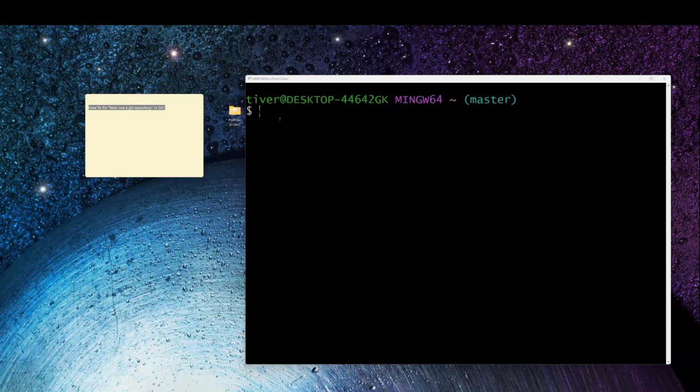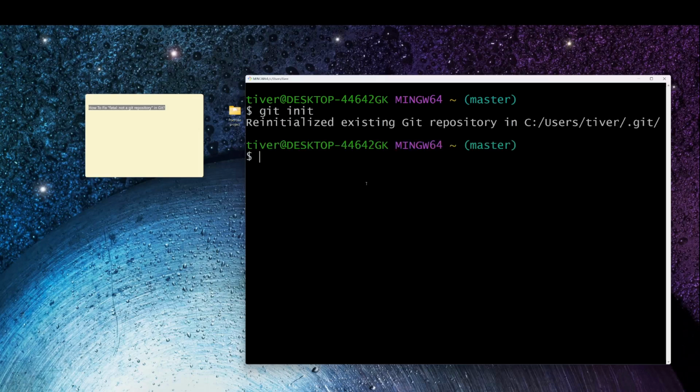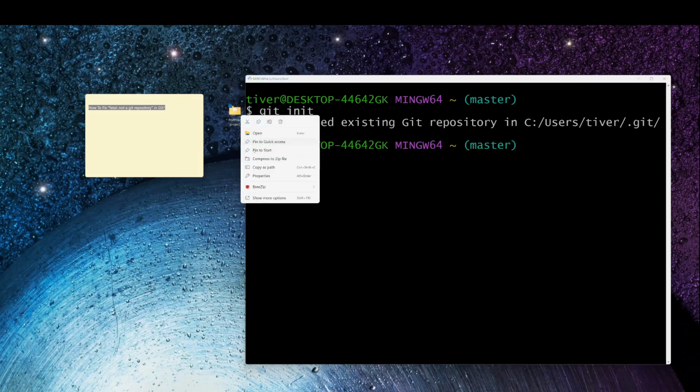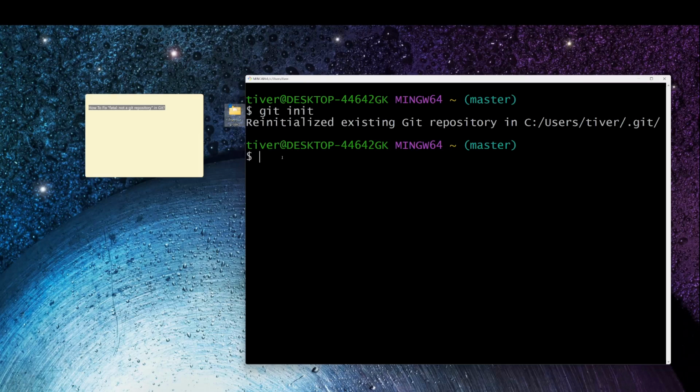So first you need to empty. So as you can see, I'm connected to the user I signed in as. Now you need to empty it by typing git init. This leaves you open to be able to create the repository with your selected project of interest. So git init, enter. Now we're open, and then all I have to do is right click, copy as path